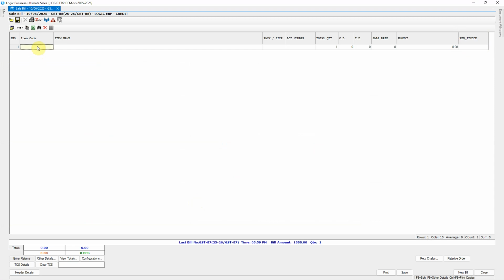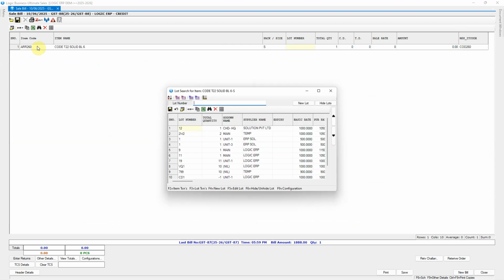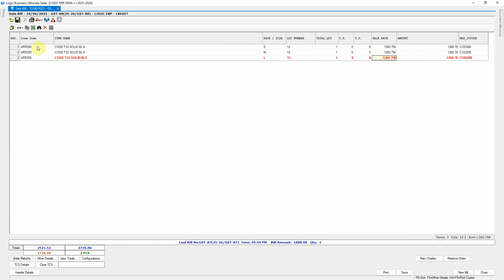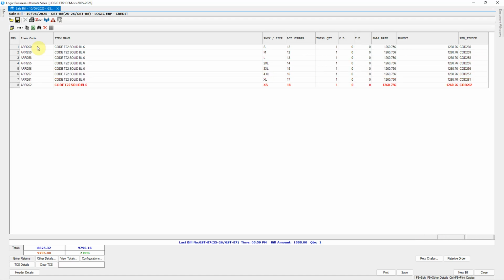Let's review the result. Scan the item using item code in which ARR is present. Since we used the item code field in our expression, the column now displays the updated text, with the specified value replaced according to the parameters we defined. Wherever ARR was present in item code, it has been replaced with COD.